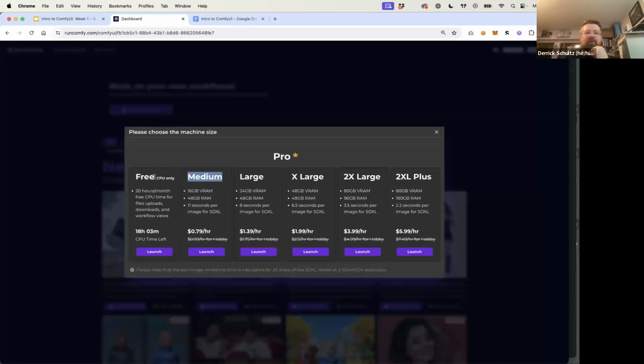We'll talk about this a little bit later, but there's also a free version, which is CPU only. Because it can often take a lot of time to build a workflow or to upload models, they offer a couple of 20 hours a month of CPU time, which is mostly if you need to upload, say, an 8 gigabyte model file, which might take an hour and a half. So they let you upload that for free. Then you turn off the machine, then you start a GPU machine to actually generate images. So they've kind of thought out some of this stuff in a nice way.